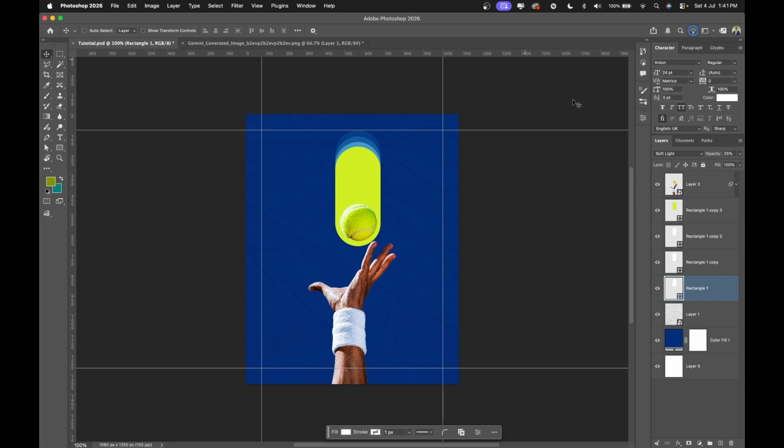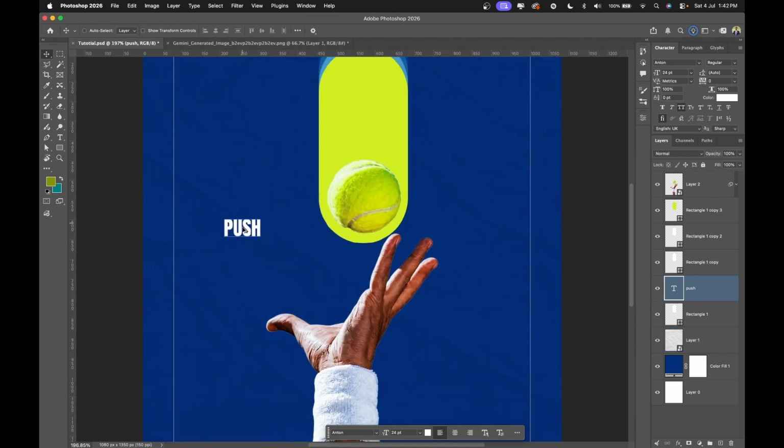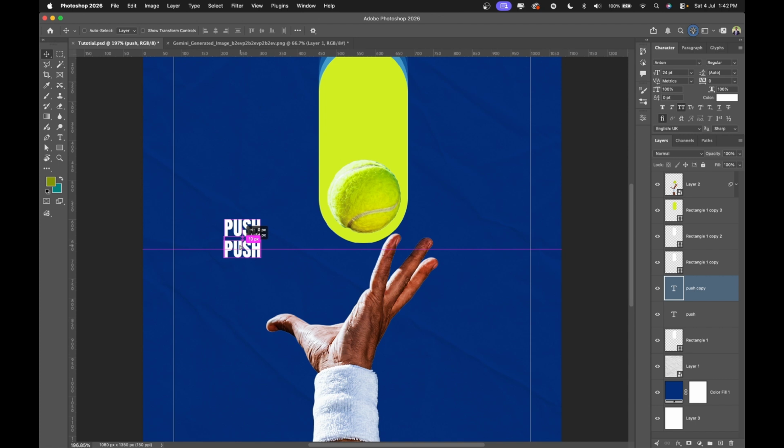And the next thing I'm going to do is to put a little bit of text here, which is "push the limits". I'm going to come here and type out that, which is push. Okay. I'm using Anton. That's the name of the font I'm currently using. So let me zoom in a bit more. Then you click on and drag. So push the,